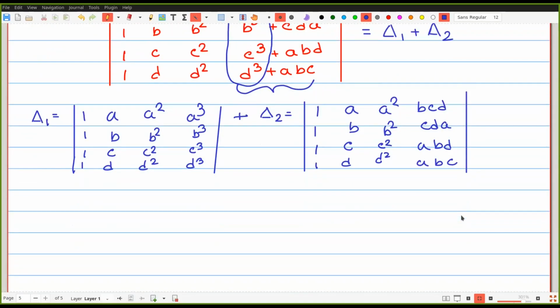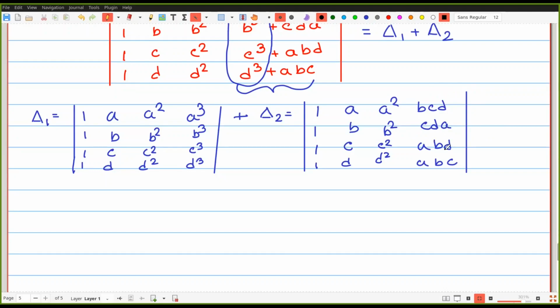Okay. Now we can proceed. Now we are not looking at the very first delta 1. We have something that is according to the delta 2. Okay. Suppose here